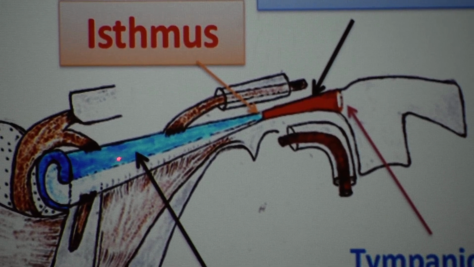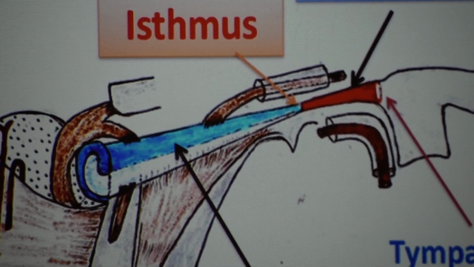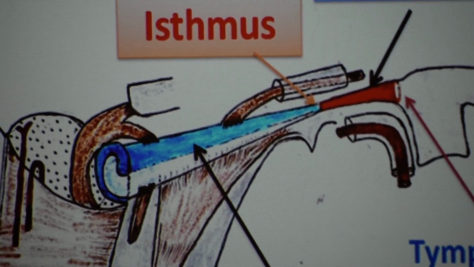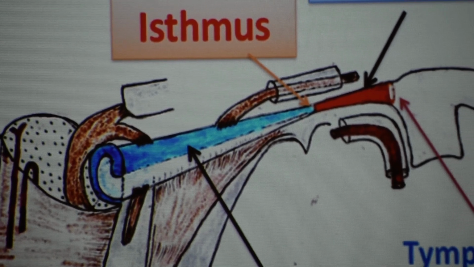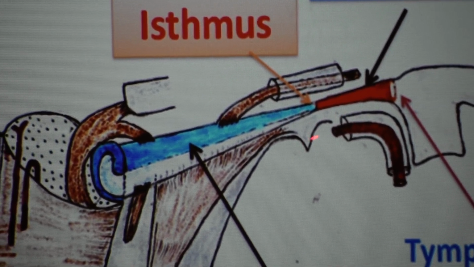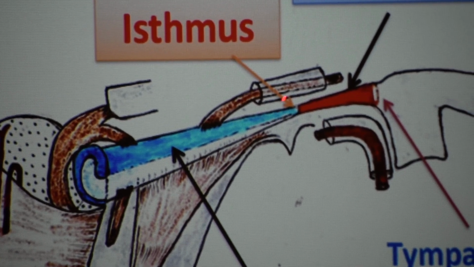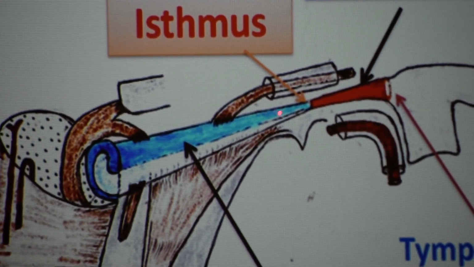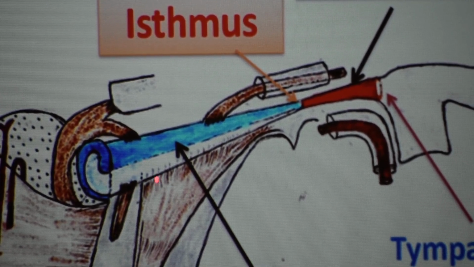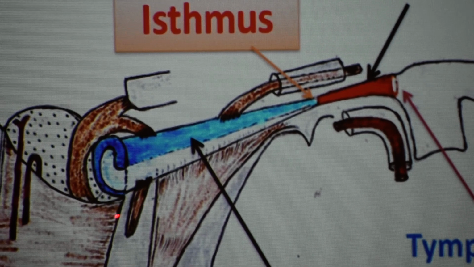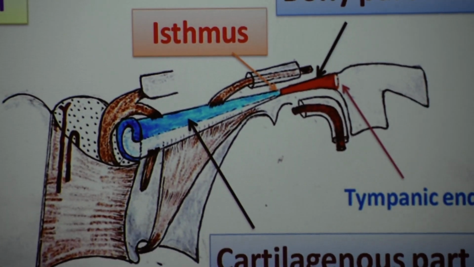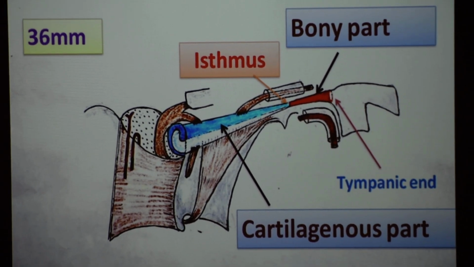Now the cartilaginous part of the auditory tube is made up of a single piece of elastic cartilage. Actually this cartilage is triangular in nature. In this triangle, the apex lies posterolaterally at the isthmus, attached through fibrous tissue with the bony jagged margin, and anteromedially the base forms the pharyngeal orifice, that can be seen in the lateral wall of the nasopharynx.